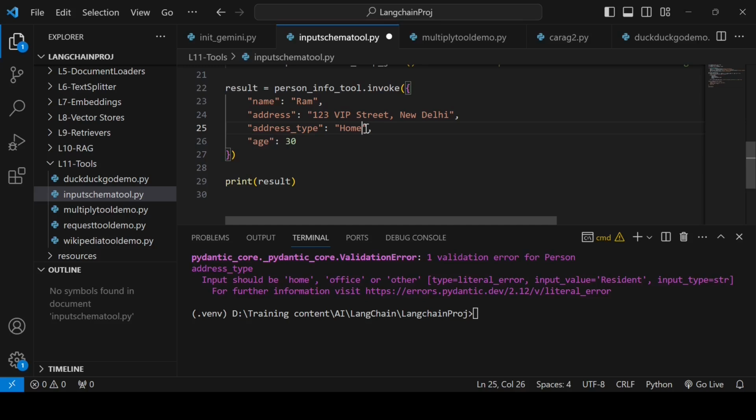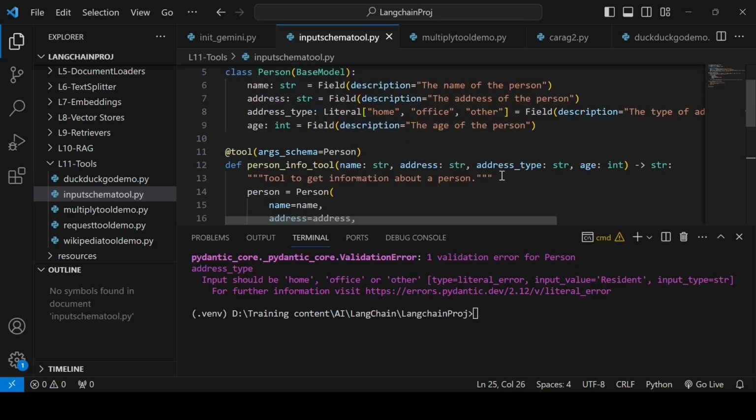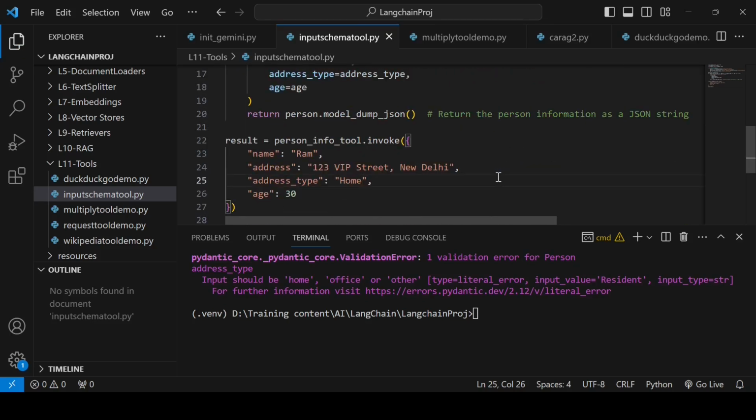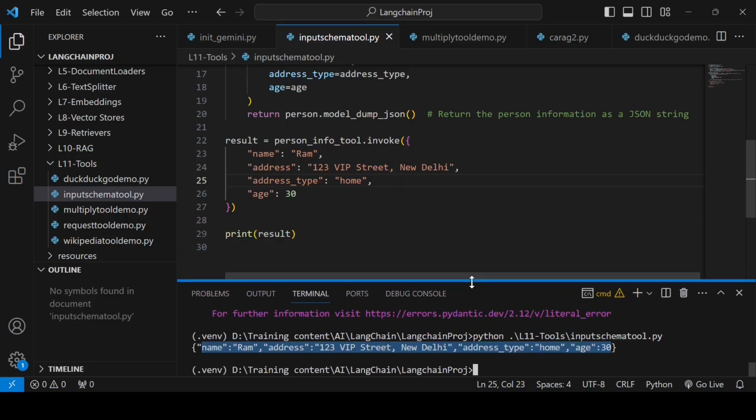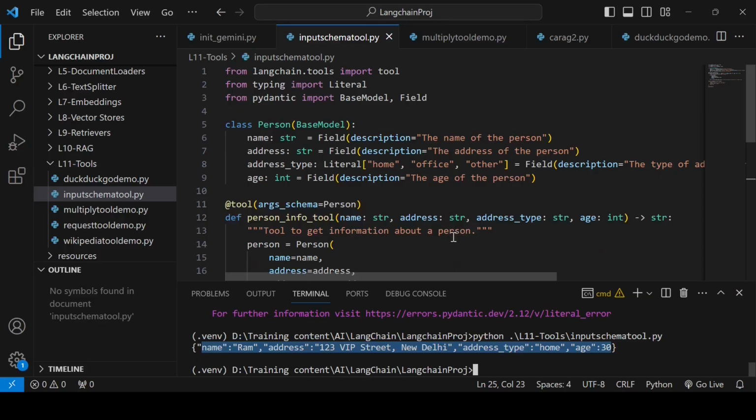Now if I change it to home, then I get my Person object back as JSON, because that's what is written. All right, so if you have a complex schema, that's what you can do. You can create a Pydantic or JSON schema.